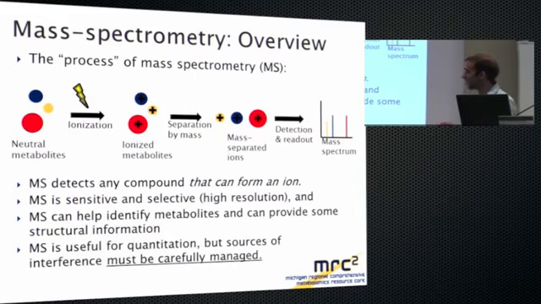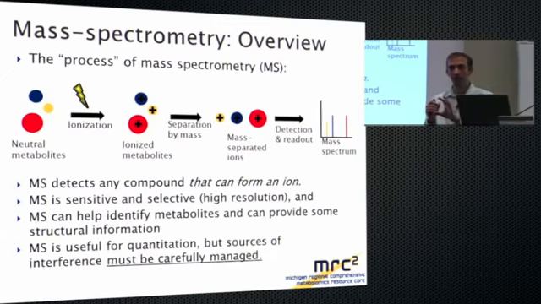It can also sometimes provide structural information beyond just that mass. What does the structure of that metabolite look like if you don't know? It's useful for quantitation, but sources of interference have to be carefully managed, and that's our job as the core lab, is to help